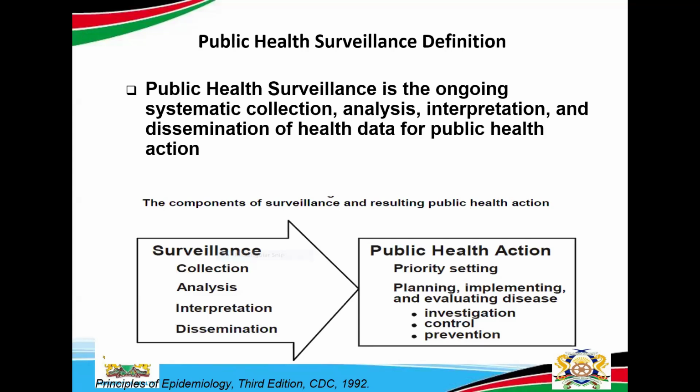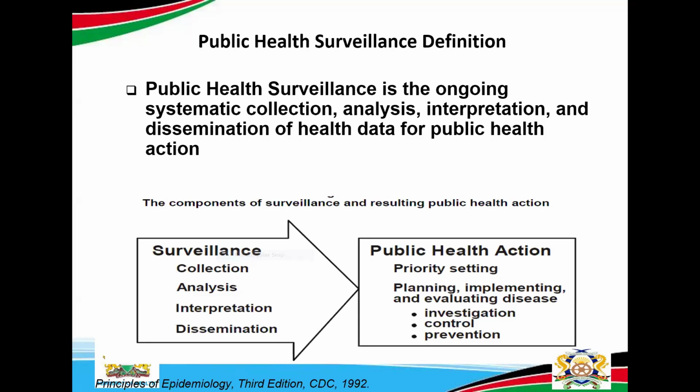So by the end of it, what we mean is, during the data collection, in terms of public health actions, you can either do further investigations, come up with control measures, or come up with prevention measures. So when should you do the investigations, when should you do the control measures, and when should you do the prevention measures? You do investigations when you feel that you have surpassed your actions, or you have reached your